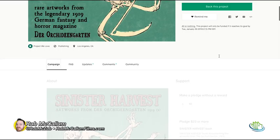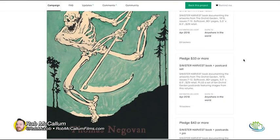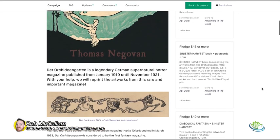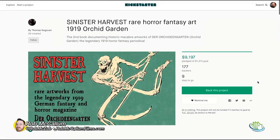I'm not saying that the USPS rates haven't gone up, but they haven't gone up that much. I mean, if this book is really 5.5 by 8.5, that seems really, really high for shipping. And because the books are guaranteed, I'd rather just try to find it after the fact, to be honest. So because the shipping costs seem astronomical in relation to what the goal is, and you know what, maybe this